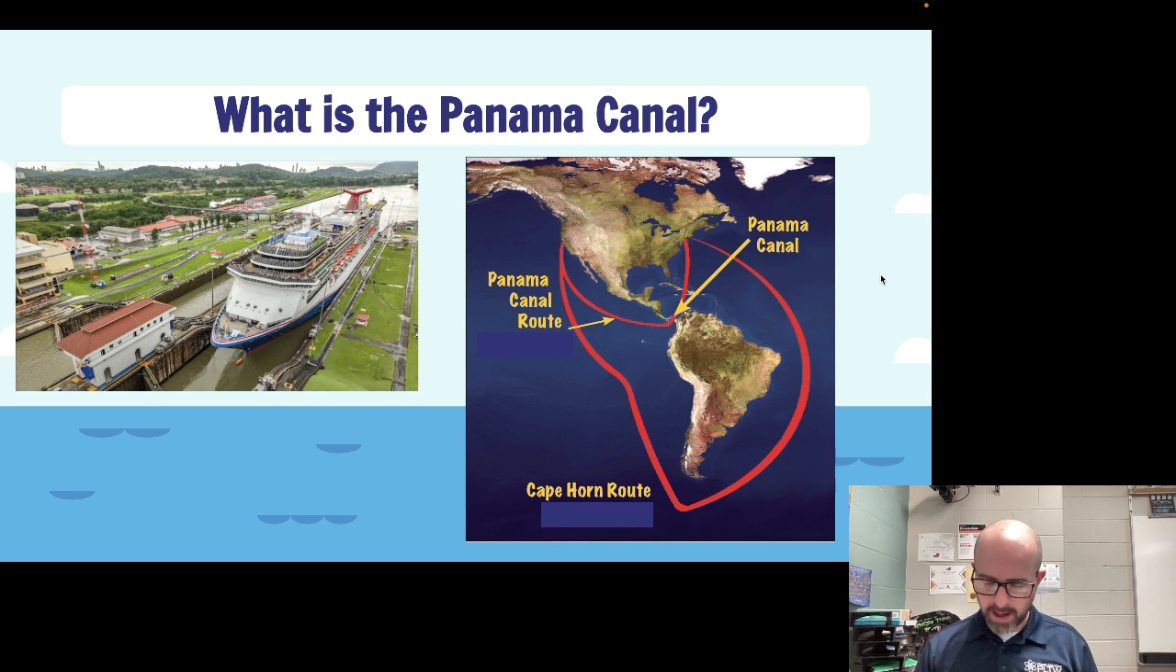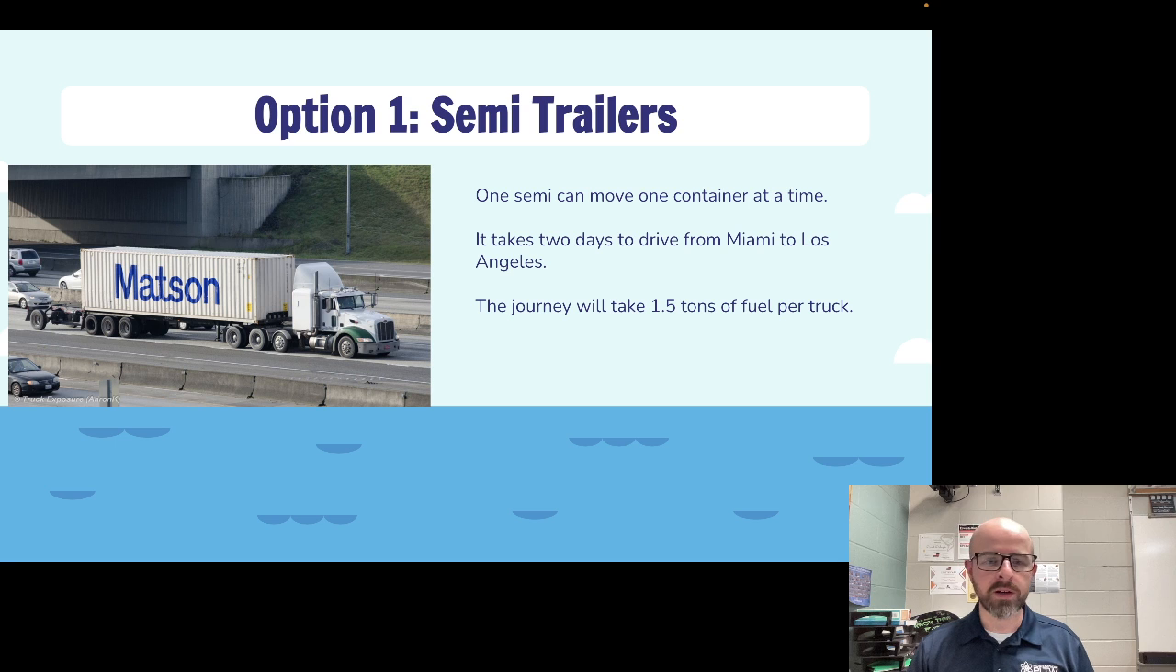You have 3 options to move your 24,000 containers. Number 1, you can take a semi. You can drive them all one at a time. It takes 2 days. The entire journey takes 1.5 tons of fuel per truck. Think about how many trucks you would need. Your second option